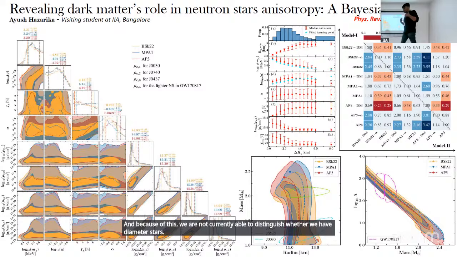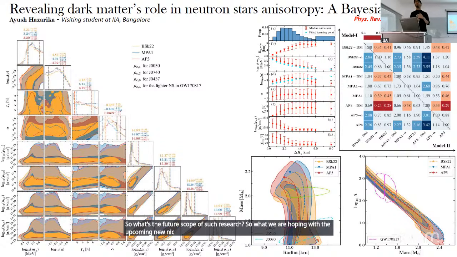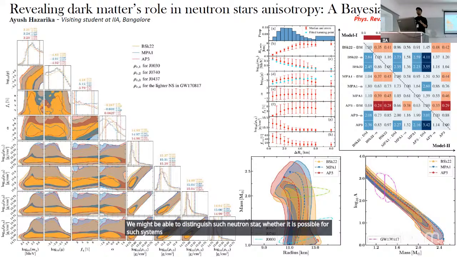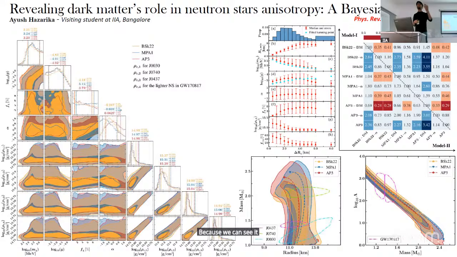So what's the future scope of such research? What we are hoping is that with the upcoming NICER 2 and Athena and other observational telescopes, along with the gravitational wave signals, we might be able to distinguish such neutron stars. And why will we be able to detect them through gravitational waves? Because the gravitational wave signal will be very different for such stars, as they will have a lower tidal deformability number,